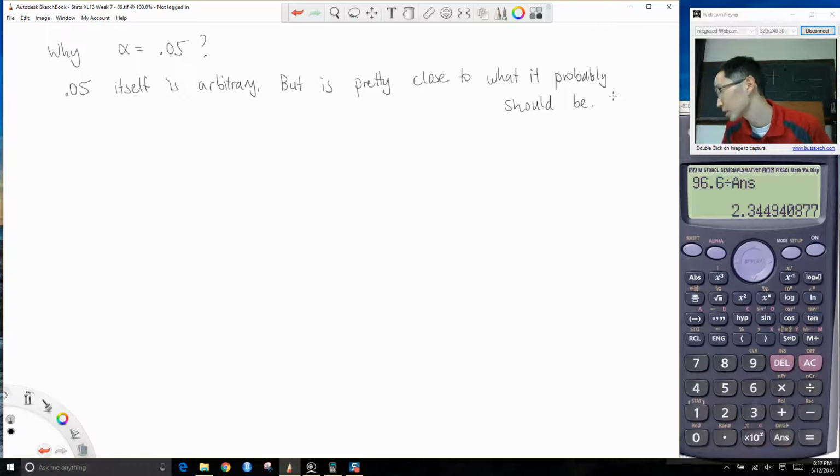Okay, so let's keep talking about this. I want to talk a little bit more about this alpha. So our significance level reflects our willingness to be wrong. Okay, so remember, our choice of alpha